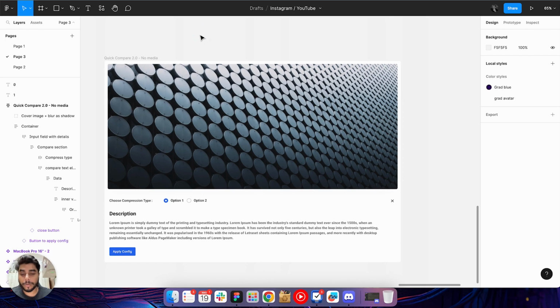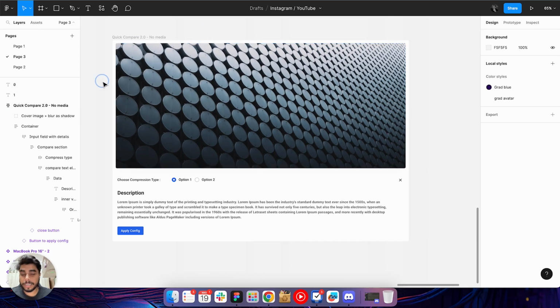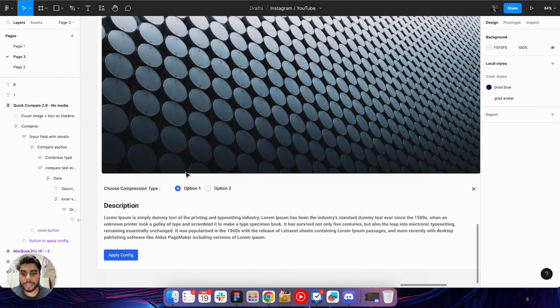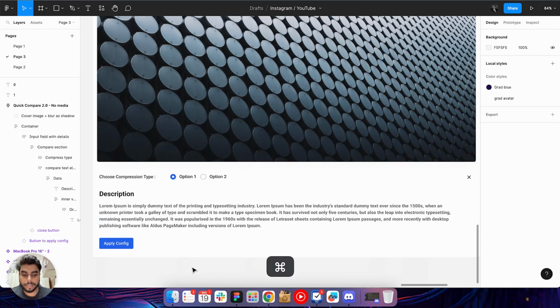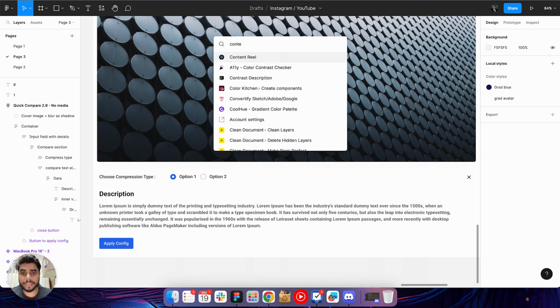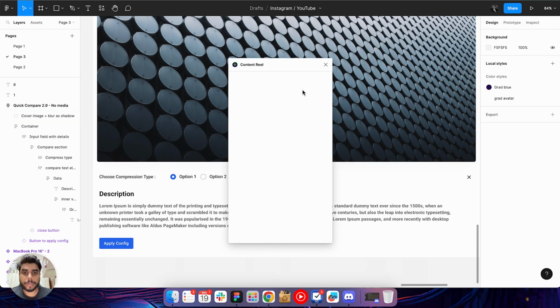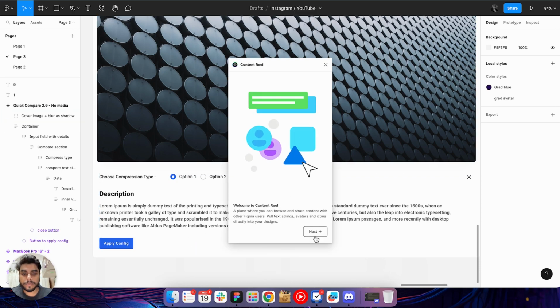So let's hop in and see our first plugin. So this is just a dummy design. It has nothing to do with the plugin, and let's open the preferences and go for the first plugin, which is Content Reel. This plugin is designed by Microsoft, and I have been using this plugin since it was in